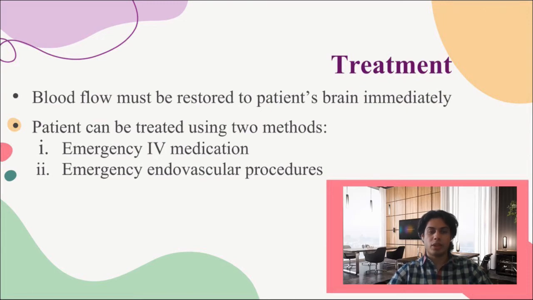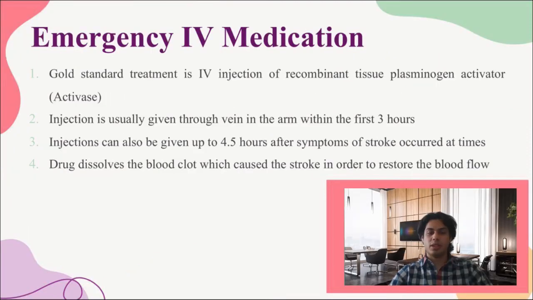For treatment of acute ischemic stroke, doctors are required to restore the blood flow to the patient's brain quickly. It can be done with emergency intravenous medication or emergency endovascular procedures. Using emergency intravenous medications, an intravenous injection of recombinant tissue plasminogen activator, also known as Activase, is the gold standard